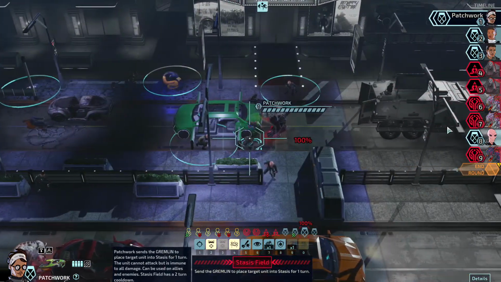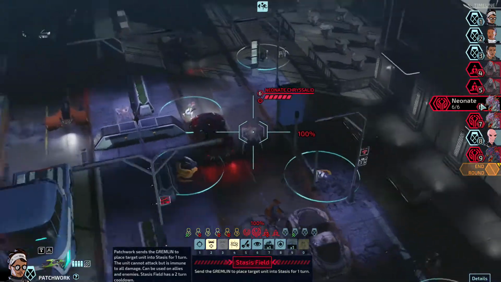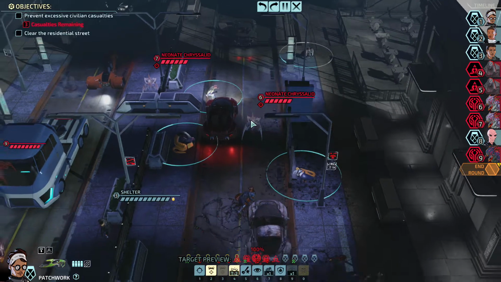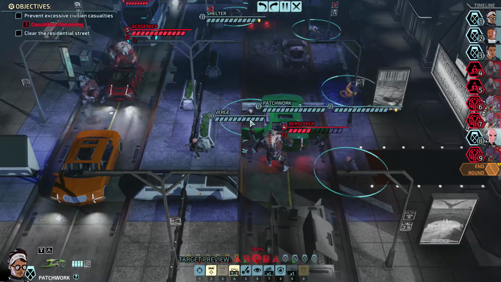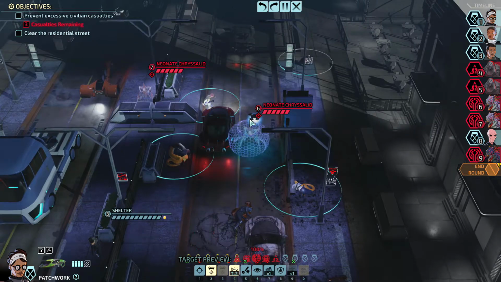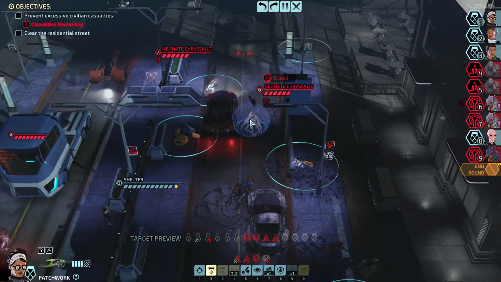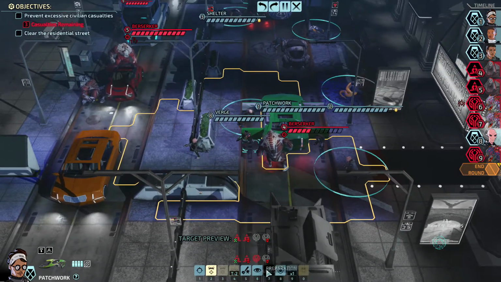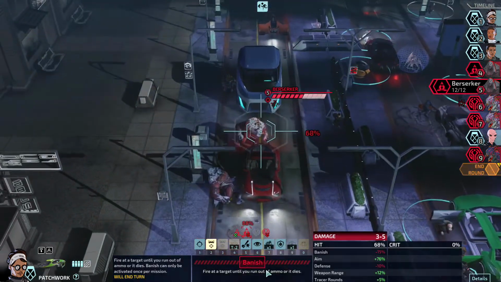I don't want the chrysalids to kill any civilians, but they're gonna. But I can potentially limit it by using stasis field on it. So that's gonna prevent it from... ooh. We're cooking right now, and it smells so freaking good. Okay, and finally, banish. Say goodbye to...